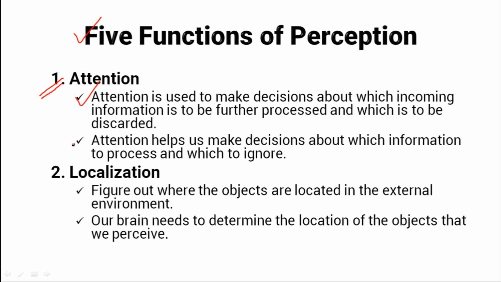So, imagine you are sitting in a classroom and the teacher is talking. The students around you are moving and talking, and outside the window you can see people walking by. Your eyes are constantly receiving information from all of these sources. But you cannot focus on everything at once, right? Your brain needs to decide what information to pay attention to and what information to ignore. This process is called attention.